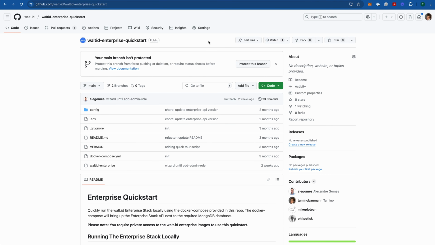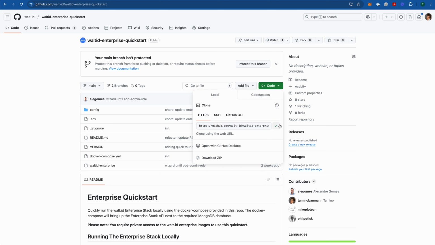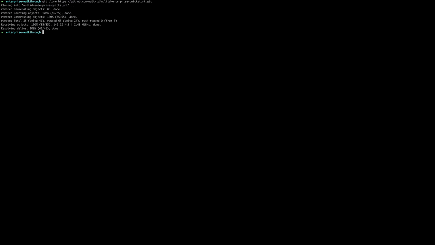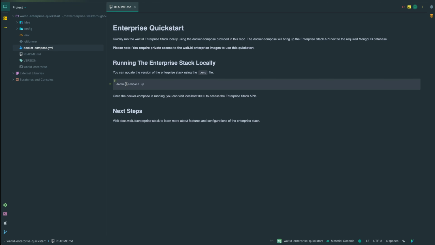Here I'm at the walt.id Enterprise Quickstart repository. I will now clone this onto my local machine. Here in my terminal, I will clone this repository and change into it, and now we can run the walt.id Enterprise Stack API. If we take a quick look here in the repository itself, we can see